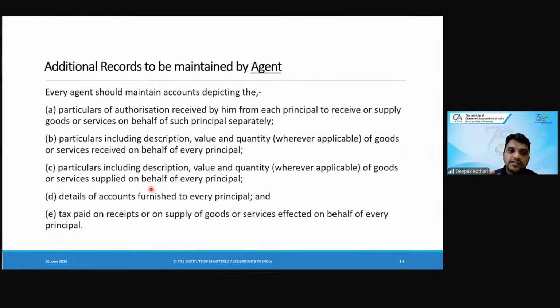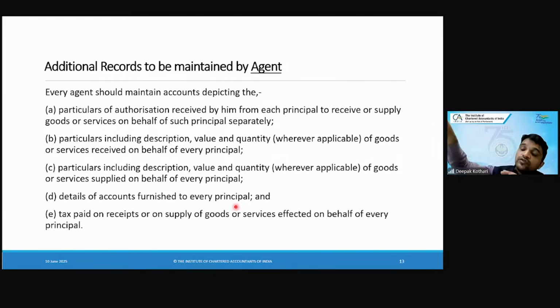नेक्स्ट, particulars including description, value and quantity of goods or services supplied on behalf of every principal। उसने जो जो सप्लाई किया है सर्विसेज का भी, ओके, ऑफ गुड्स और सर्विसेज बोथ, बोथ सप्लाइड ऑन बिहाफ। वन इज जो प्रिंसिपल के बिहाफ पे गुड्स रिसीव करता है, और हर प्रिंसिपल के बिहाफ जो सप्लाई करता है, इंडिविजुअल प्रिंसिपल टू प्रिंसिपल सेपरेट रिकॉर्ड्स मेंटेन करेगा।